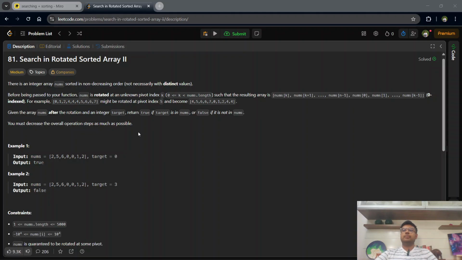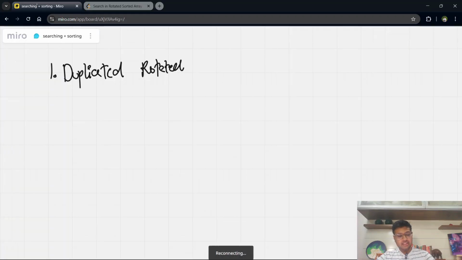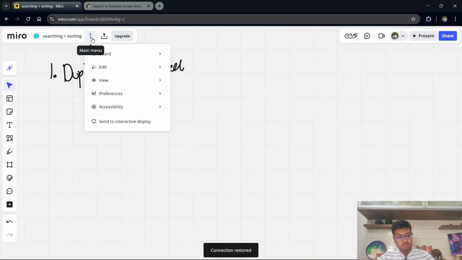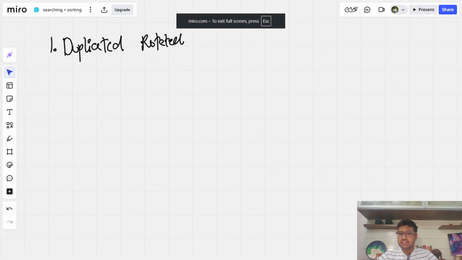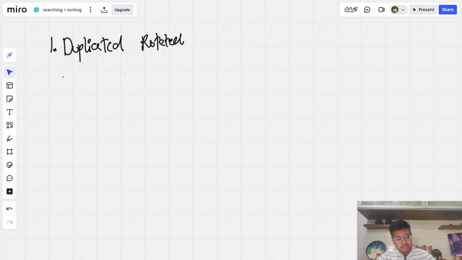Alright, so we'll be starting with searching questions first. So yeah, this one's search in rotated array part 2. Basically let's talk about that. We discussed the rotated sorted array, but this one consists of duplicates. We didn't discuss that case, right? So let's start with that one. All right, so we are given, if you remember, in a rotated array